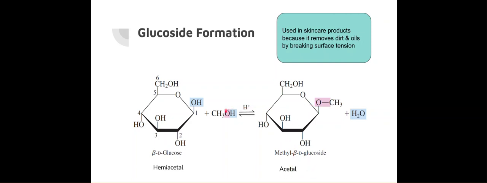And what you do is you end up replacing this hydrogen, this OH group, and this hydrogen pop off to give you water. And this methyl group connects into that oxygen, producing another OR group here. And this is called methyl beta D glucoside. Again, don't worry about this name, but the methyl here referring to this methyl group that's now in here. And of course, beta D is still, because it's in a beta D configuration. So this is forming what's called a glucoside.